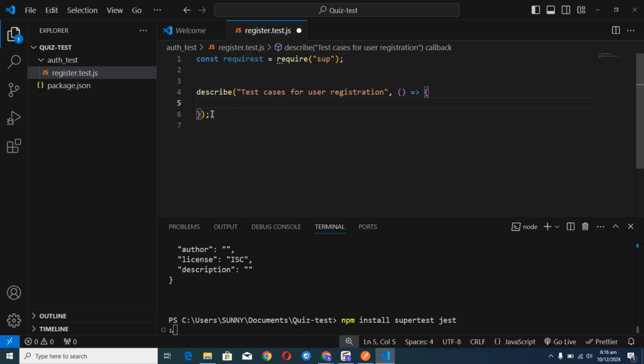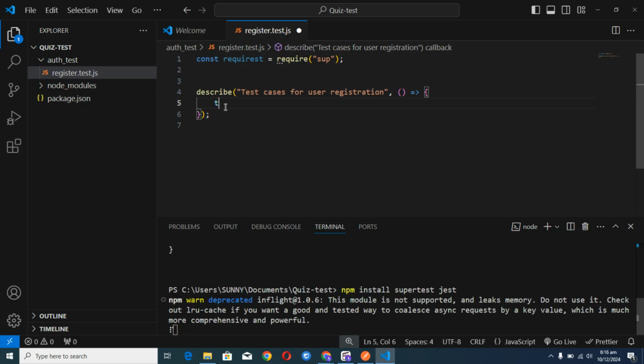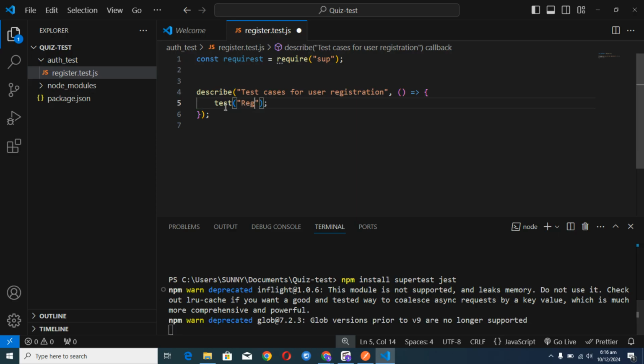So this describe is trying to describe the different cases we are going to address inside this particular test suite. So this will be like a test suite, and then you have your test cases inside here, right? So you can say test, test register user, or tests. Yeah, I could say register user with valid